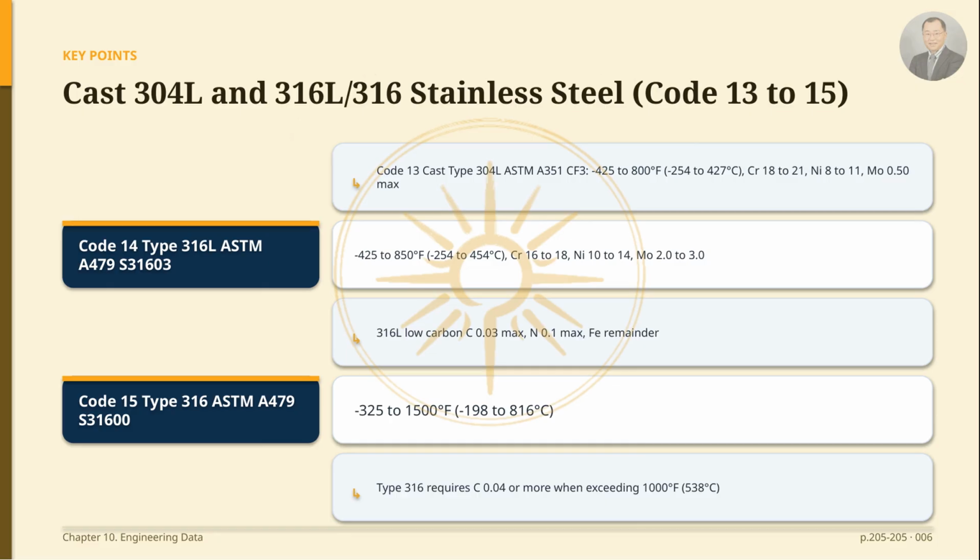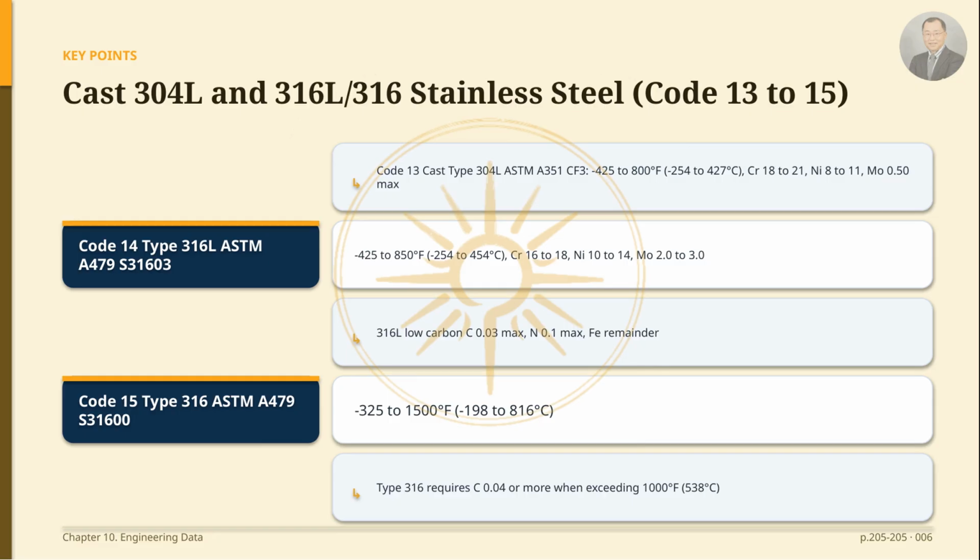Material code 15 is Type 316 stainless steel, ASTM A479 grade UNS S31600, used widely from -325 degrees Fahrenheit to 1500 degrees Fahrenheit, or -198 degrees Celsius to 816 degrees Celsius. However, for high temperatures exceeding 1000 degrees Fahrenheit, 538 degrees Celsius, there is a condition that carbon must be 0.04%